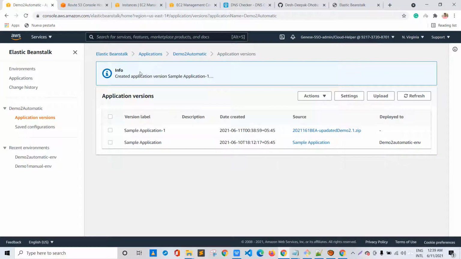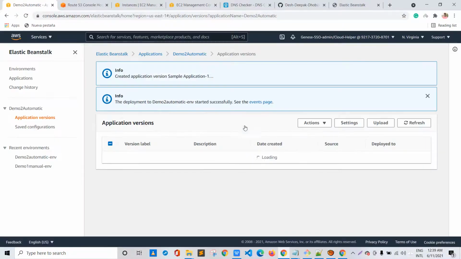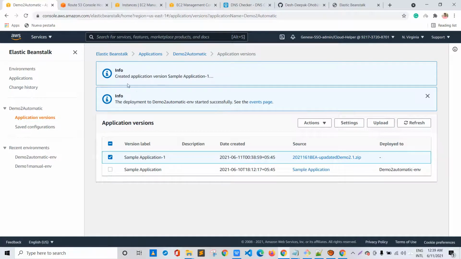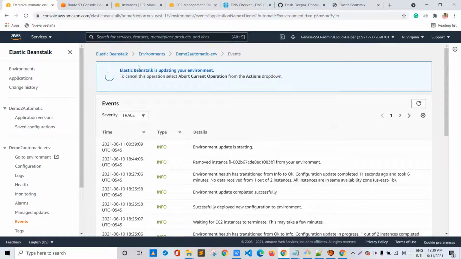It says created application version. I'll click on that, click on actions and deploy it. It says the deployment to demo 2 automatic env started successfully. To see events, we go to event phases, and it shows that Elastic Beanstalk is updating your environment.